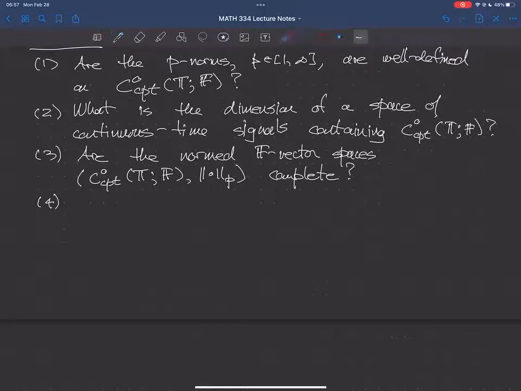All right. So let's think about this question for a second. The answer here is going to depend on P. And it's also going to depend on the time domain. We're going to see that in fact, there's only really one case of one P and one T for which this space is complete, and for all others, it will not be. And so for all those others, what are the completions?